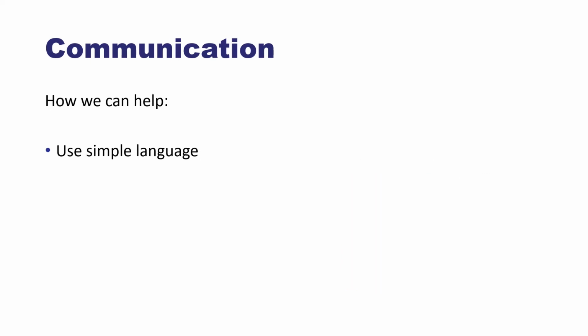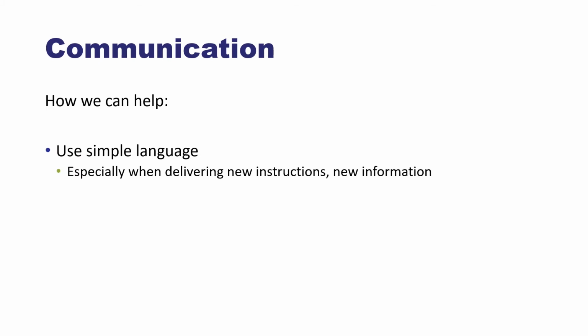So one strategy is to use simple language, especially when we're delivering instructions, right? Something that they've never done before, or when we're giving information. It could be maybe granddad moved away, that's new information, and we're not going to see him on a weekly basis anymore. And so a child with FASD may not really understand what that is, and then get mad when Wednesday rolls around and we don't go see granddad. They may not have understood when we first told them granddad moved away, and so that also means that we're not going to see him every Wednesday.